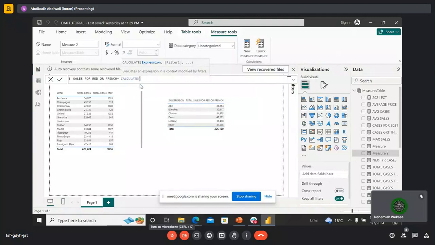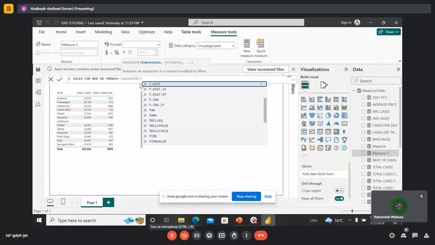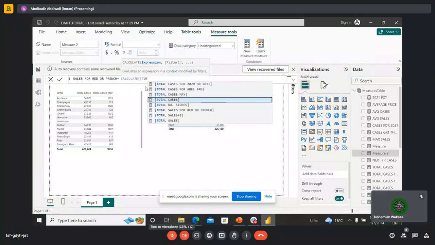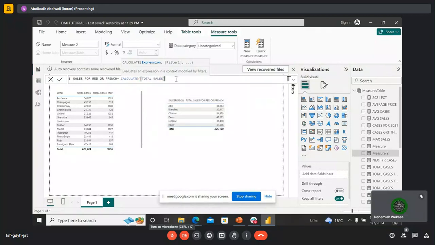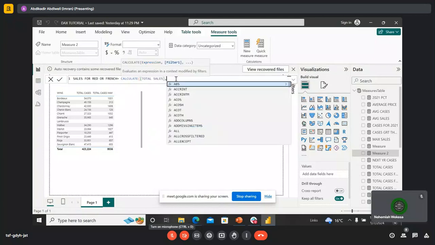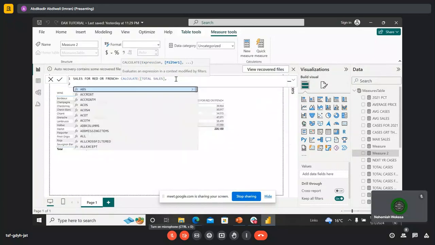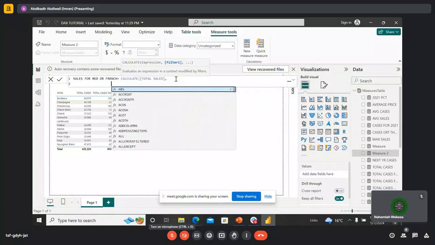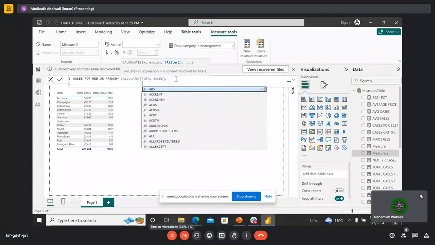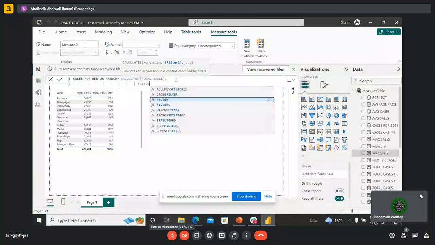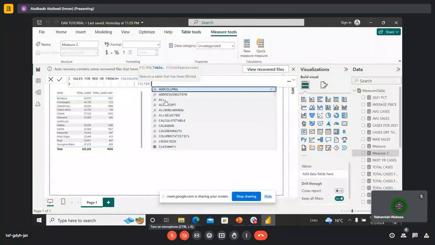And now, in this case, we want to place the filter inside the calculate. So which means that we are going to have a filter, and remember the filter has a syntax. The syntax of the filter is filter, then we have the table. So filter, then we name the table, and the table we are referencing here is the wines table. And now the filter is, we say, wines type is equal to red,